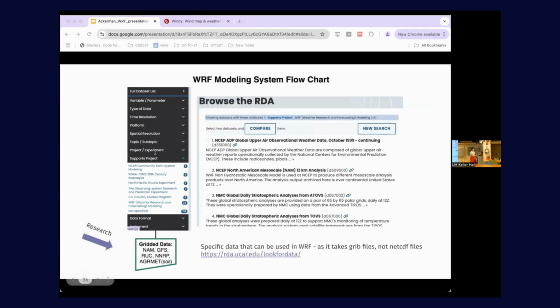And if you want to narrow it down even further, I would click on the side here and do these support projects on the side, and you can explicitly click on WRF. And so WRF takes very specific files. They're called grid files, which is just the format in which the ARW core processes the input data. It's important to note, though, that simply converting your netcdf file to grid file doesn't guarantee that it's going to work in the WRF model. WRF is very particular. I don't know why, but